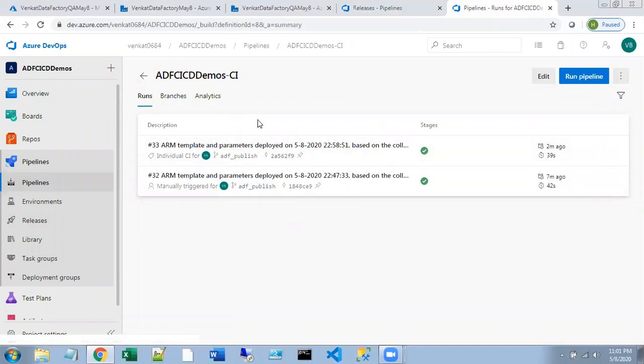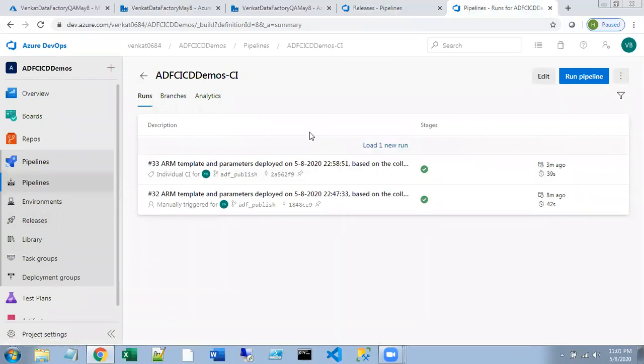You should see a new step here automatically. See, a new run.